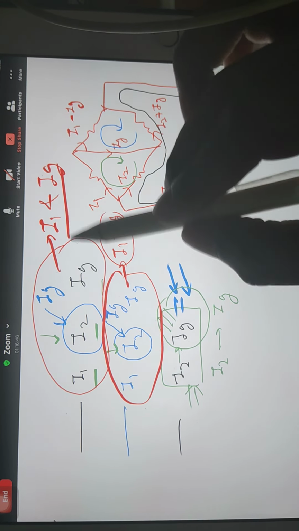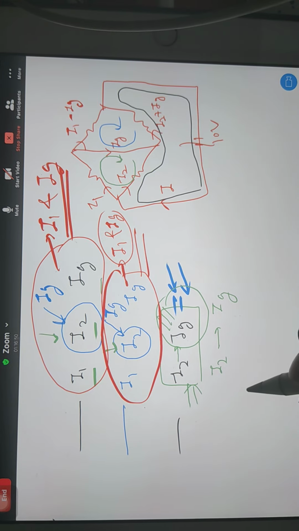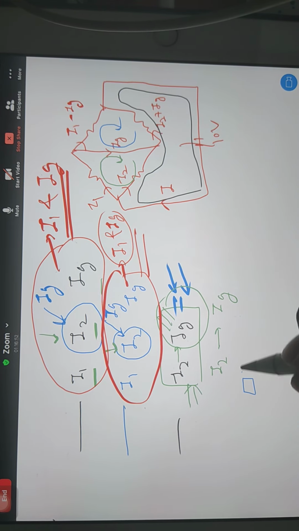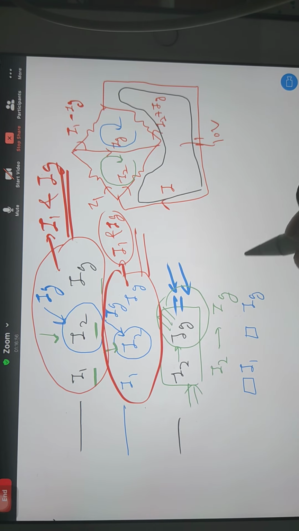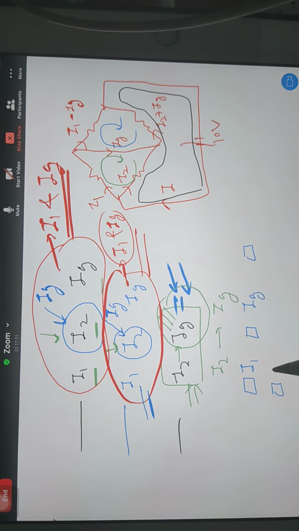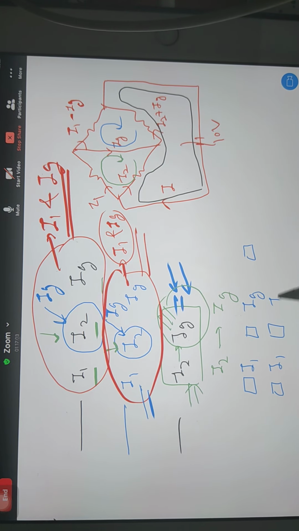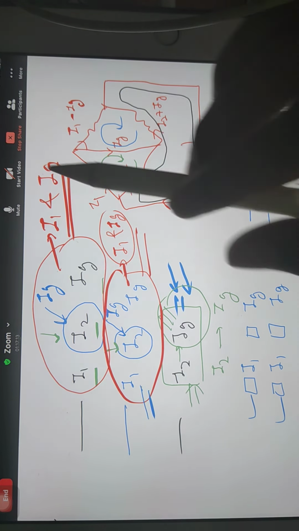Then rewrite this equation properly, so this equation will be like some number here, then I1 here, then some number here, then Ig here, and then some constant here, correct? In the same way your second equation will also look like some number here, I1 here, some number here, and then Ig here, and some constant. Okay, and it's like equation 1 and equation 2. Then that's all. You can solve both equations and find the I1 and Ig values, correct?